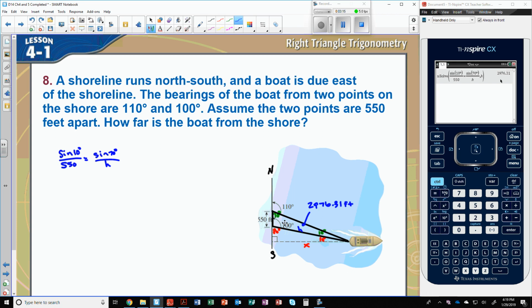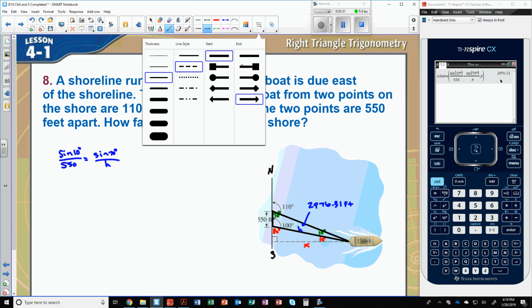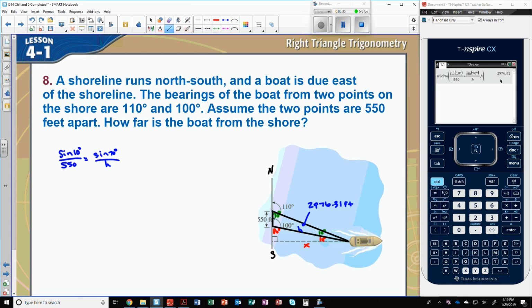So now that I know this h, could I find this x? Yes, you could use law of sines again for this triangle because I have a completed set. I have this side and this side, and so, or you could use SOH CAH TOA, tangent is y over x, and solve for your unknown. I'll show you that in a second. What I will do here is I'll just do law of sines because since I used InSolve, I'm just going to copy it and change it for this one. Now that I know this h, it's across from 90, and so I could say that sine of 90 degrees